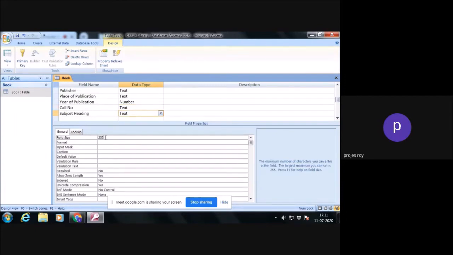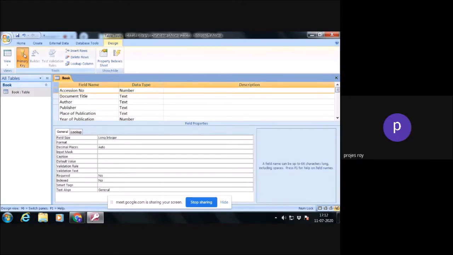In subject heading, again, you have to put the field size 60 maximum. That will be fine. Now here you can see the accession number of this particular data is unique. That's why we'll keep accession number as a primary key. We'll just press on the primary key, so it becomes a primary key.